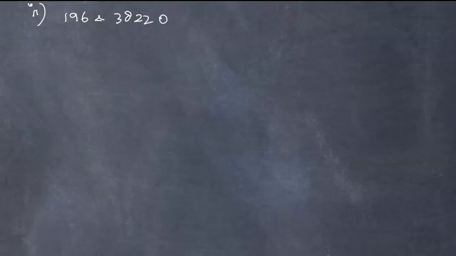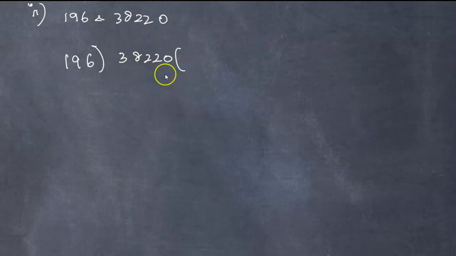So again for this, the divisor will be the small number 196 and the dividend will be the bigger number 38220. So 196 it will be like 1 time 196. So subtract this and you will get the answer as